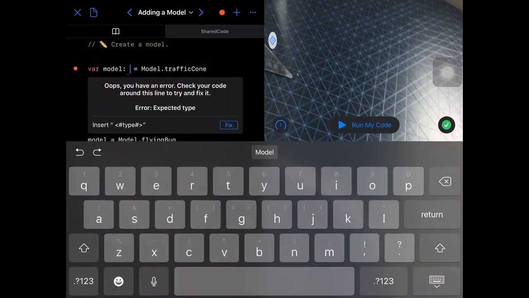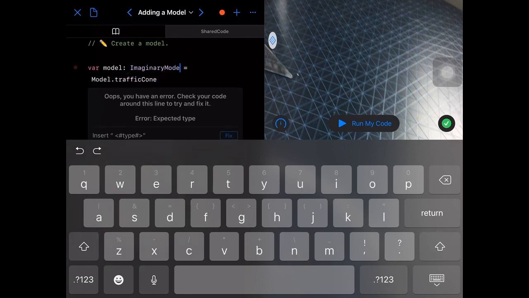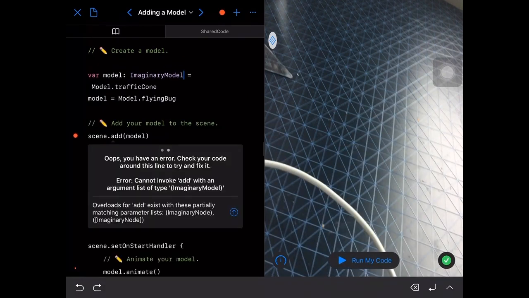Maybe that'll help. Let's bring this up. See if autocomplete is going to help us. Or was it imaginary object? Imaginary node is what it's looking for